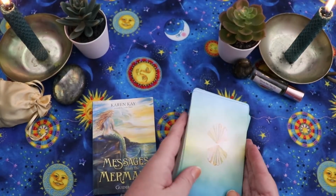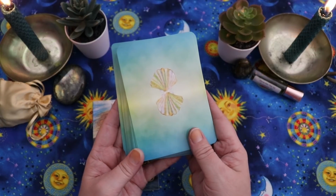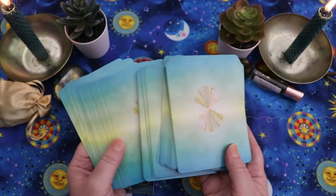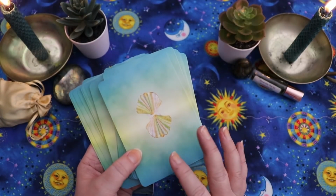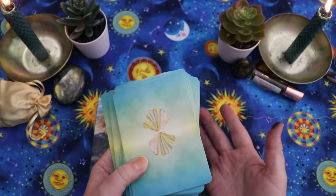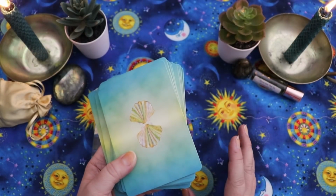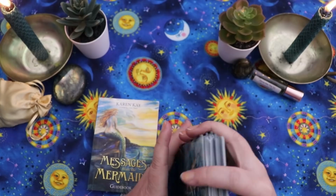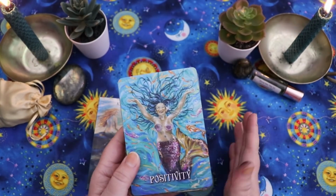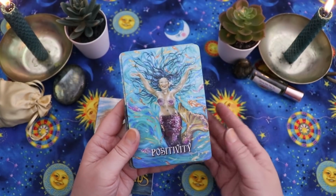For starters, can we talk about these deck backings? Are these not the most beautiful deck backs you've ever seen? I mean, I'm a water baby, so I'm totally biased, but I think they're stunning. There's no words, there's no borders, they're beautiful. The cards are glossy, but I kind of like the gloss on this deck. I will admit, maybe it's an unpopular opinion, but I really feel like gloss on decks can be a really great addition, particularly when it's done well,